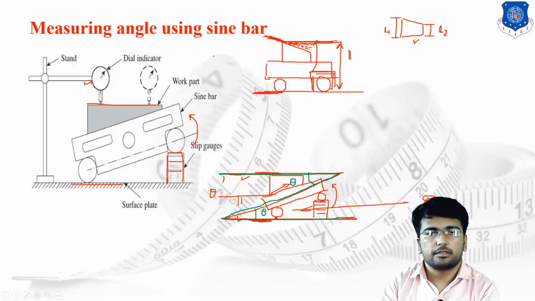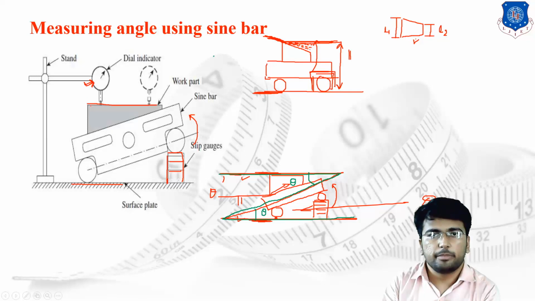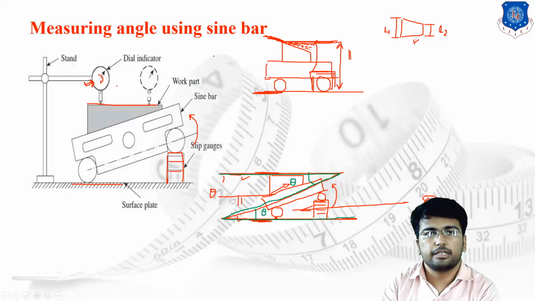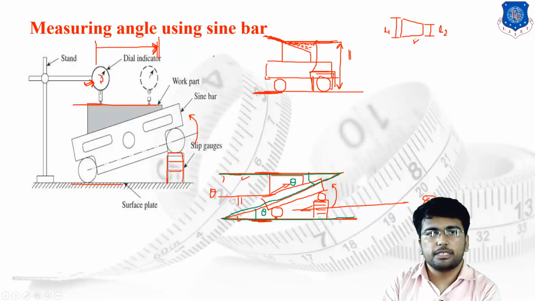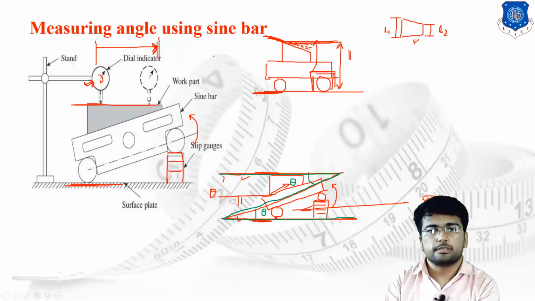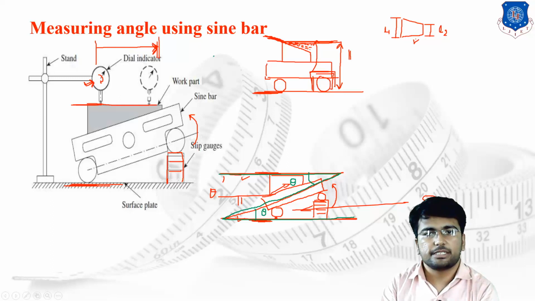dial indicator. The dial indicator works on a basic concept: if there is some deflection between the surfaces, the dial indicator pointer will deflect, and if the pointer does not deflect while moving the dial indicator from one position to another, and the dial does not change its original position, then I can say that the top surface of the workpiece is parallel with the surface plate of the given setup. So by using such a principle, we can measure the angle